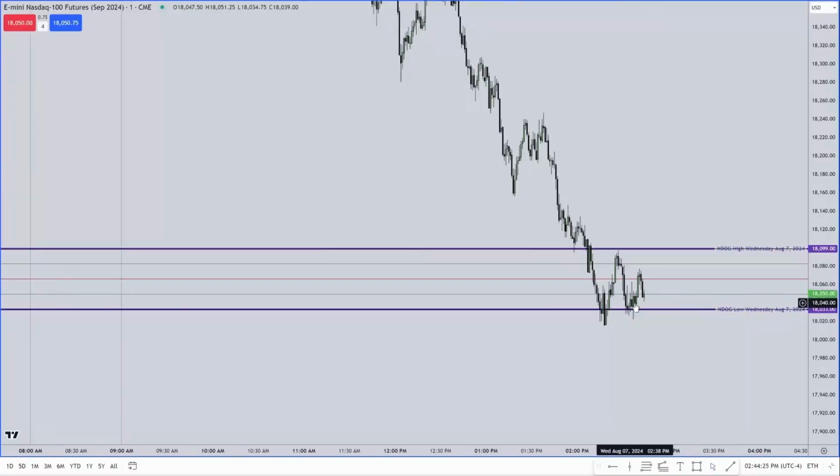What this does, it gives you a magnetized reference point of where bias can draw to, even before relative equal highs or lows form. Say that one more time, because I think I just heard you say you can predict relative equal highs and lows before they form. Yeah, you're right. Yep. That's exactly what engineering liquidity is.